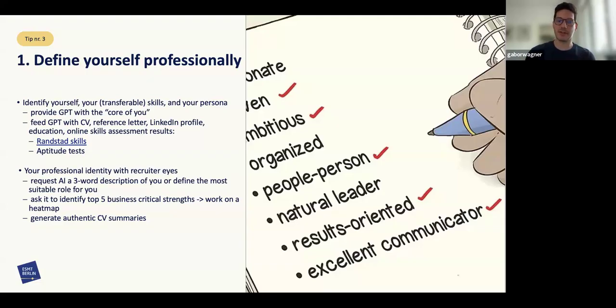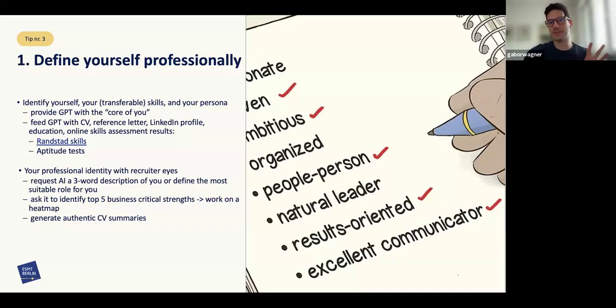And of course, which I really like, the CV summaries. I think those 3 to 4 lines in the beginning of every CV are quite important. I always read them, and ChatGPT can generate very nice and authentic CV summaries. I would rather use Claude, but whichever you like, you can always play around with these CV summaries. Of course, you always have to be careful not to sound like AI and to keep authenticity, but we will talk about it on the next slide.